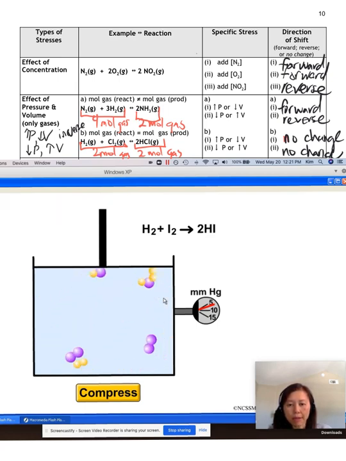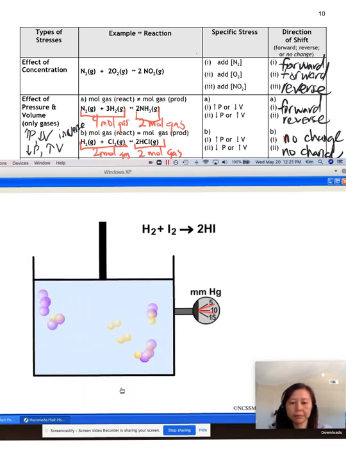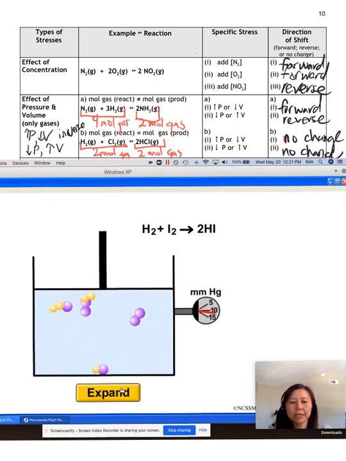Now I'm going to compress, and when I compress, you're going to see if there are any changes in the amounts of hydrogen, iodine, and hydrogen iodide. So let's count. You see 2 hydrogen molecules, you still see 2 iodine molecules, and you still see 2 hydrogen iodide. Upon compressing, what you've done is you've changed the volume. Thus, you increase the pressure inside the system. But because there are 2 moles of gases on the reactant side and 2 moles of gases on the product side,